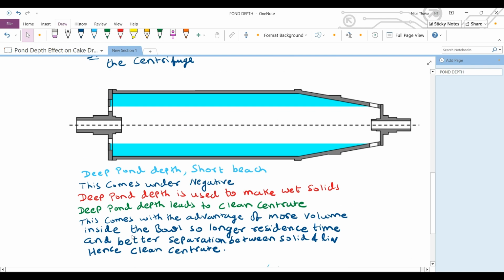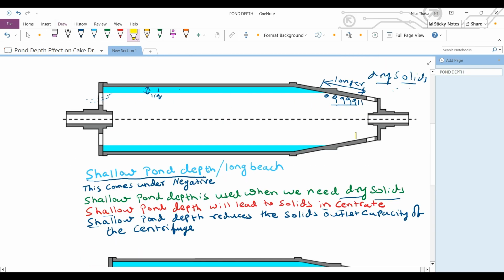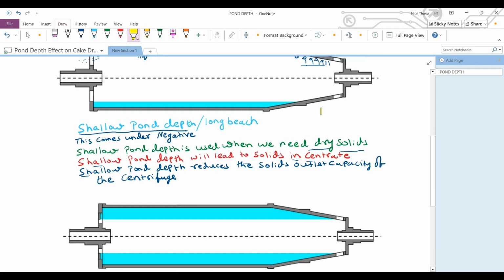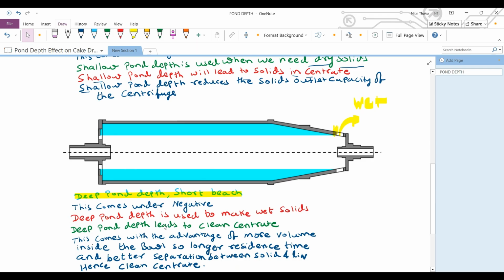Now there is the preferred way. I mean, typically I prefer this way, the deep pond or short beach. Now you can see that in this one, if we compare, the beach is very, very short, almost close to none here. So since the drying zone is very, very small, the solids produced over here will be wet solids. We call it a deep pond depth